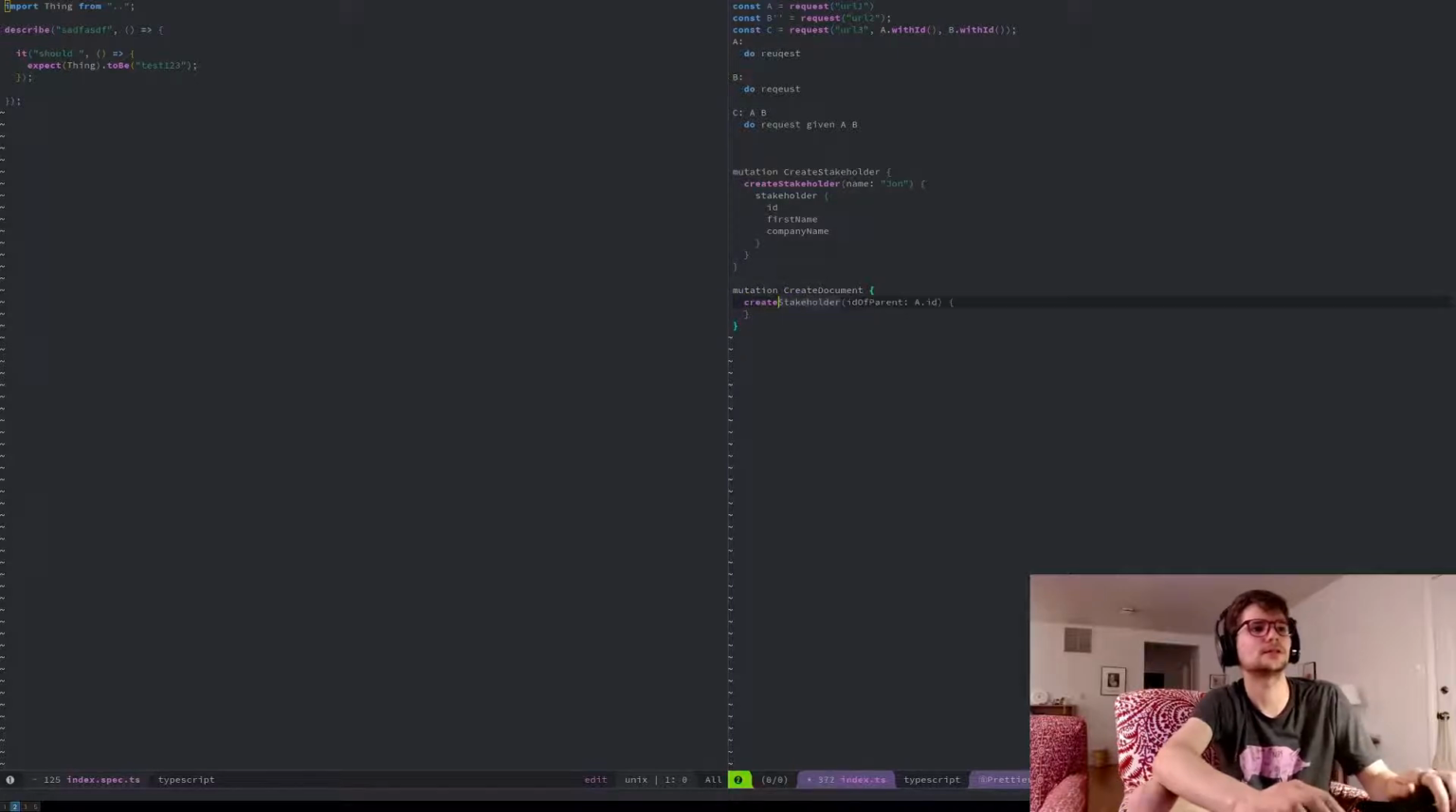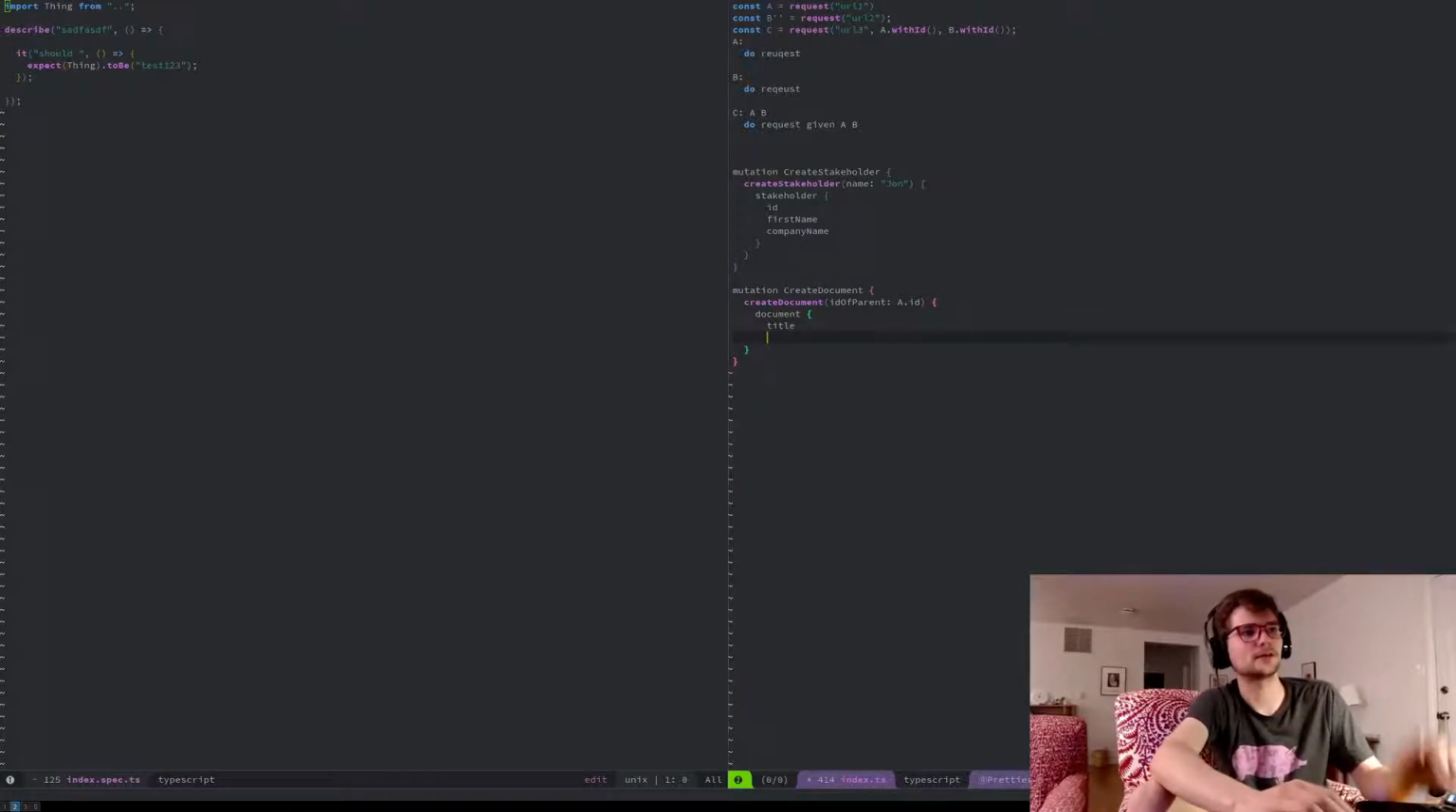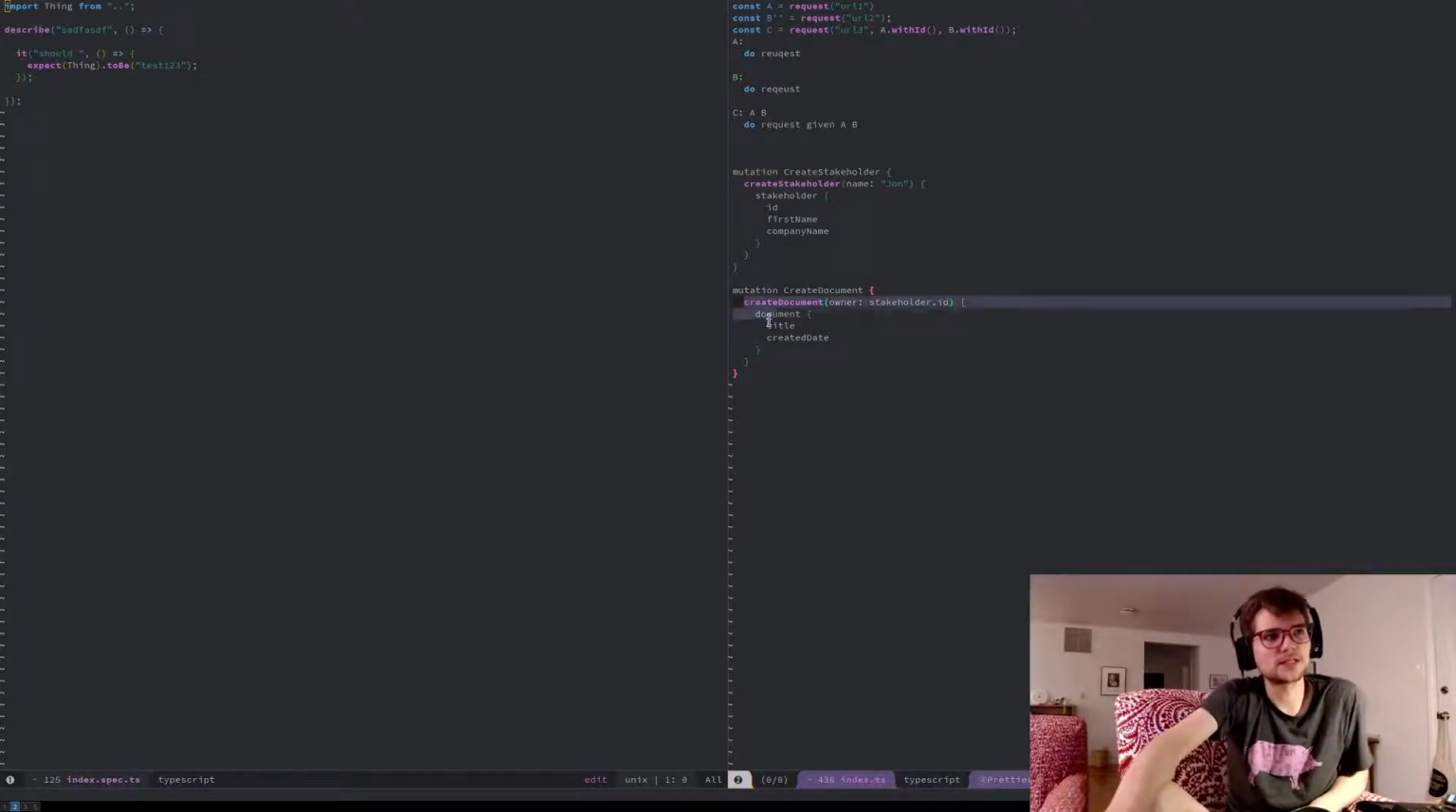So let's do this, create document. And this is the same thing, right? A document has like a title and a created date. I have no idea, I can't remember this stuff. My point is that owner is like stakeholder. So in this example, for us to actually create a document, we need a stakeholder, an owner of that document. And that's expressed in make by just saying, okay, to create a document, you first need a stakeholder,